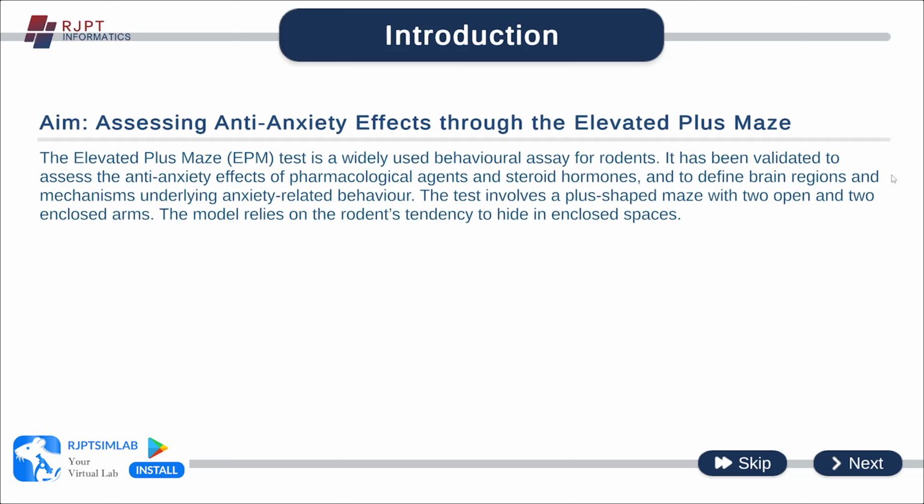At first, let us see the introduction part. The introduction says the elevated plus maze (EPM) test is a widely used behavioral assay for rodents. It has been validated to assess the anti-anxiety effects of pharmacological agents and steroid hormones, and to define brain regions and mechanisms underlying anxiety-related behavior. The above line says that it is used to assess the anti-anxiety effects of pharmacological agents,